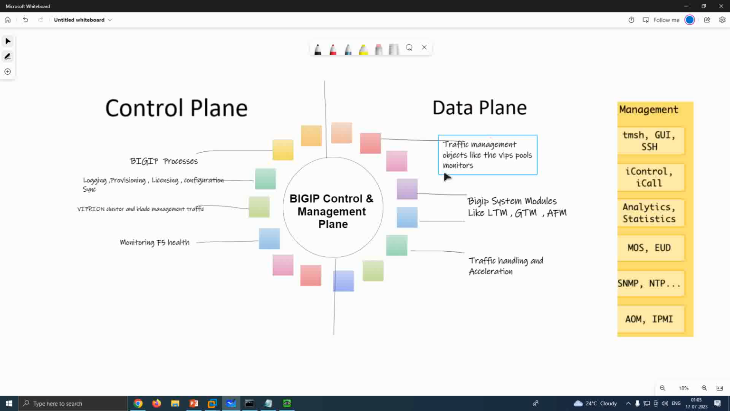It performs the actual load balancing by distributing the traffic across multiple servers, and it also performs the actual traffic processing for modules like the LTM, GTM, and AFM, and it also performs the traffic handling and acceleration. The separation of the control plane and the data plane in F5 TMOS allows for efficient traffic handling and